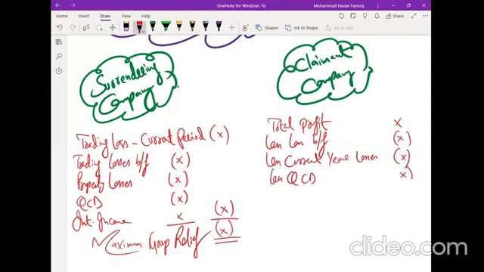After solving this, we can see the maximum amount of group loss that can be